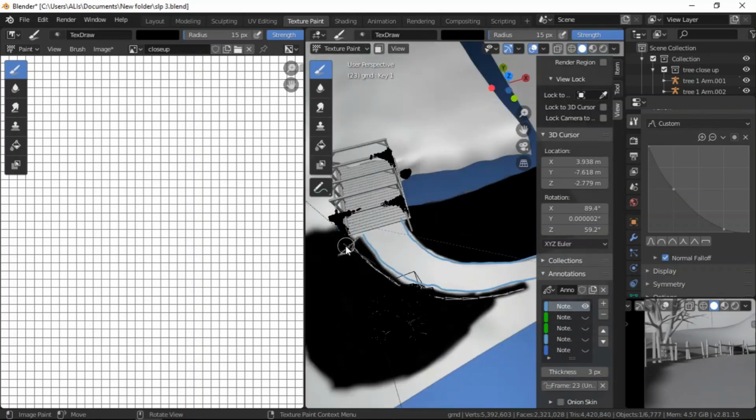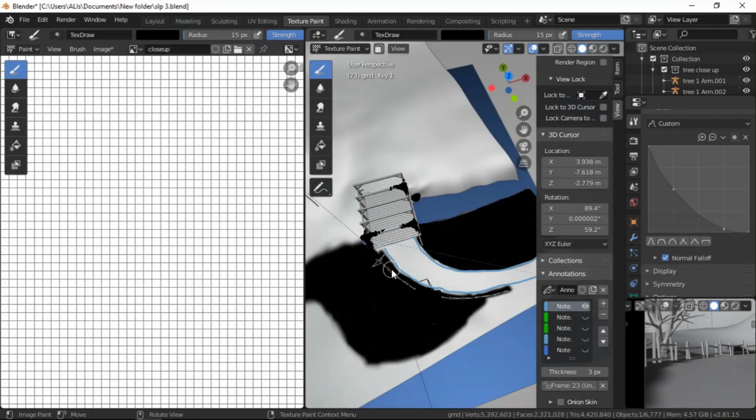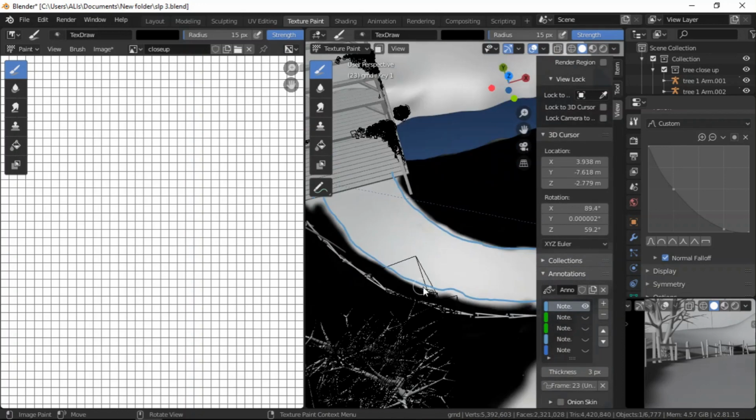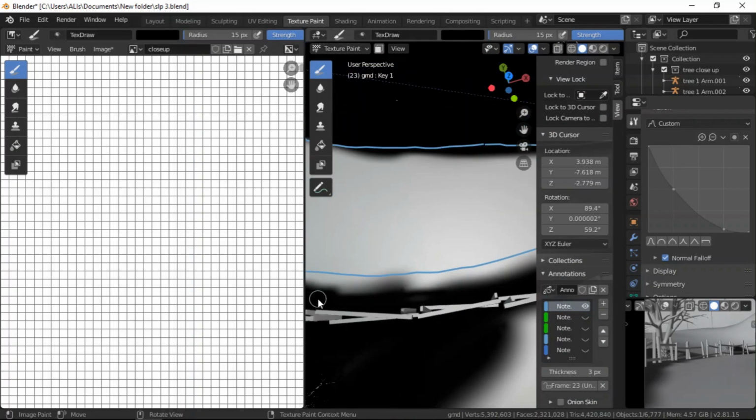I'm painting inside the road because we'll be using the grass to define exactly where the road is. So the grass is actually going to help us identify where the road is, or where cars are supposed to pass, or even